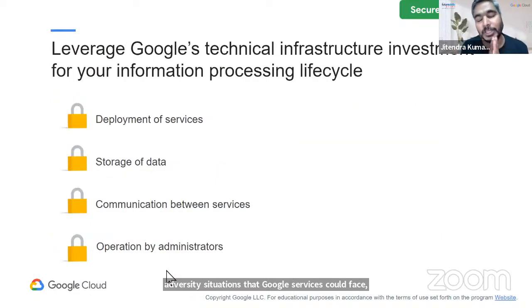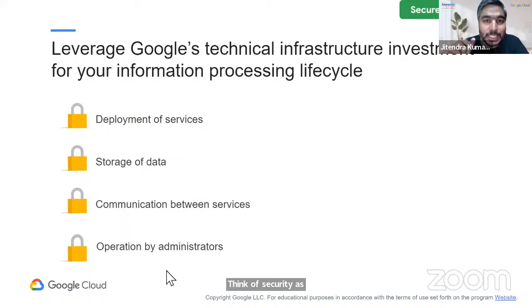So when it comes to security, think about it like this. Security of what, right? Think of each component. Don't think of security as one product that you can go and deploy. Think of security as, hey, when I store my data, it has to be encrypted. So security of data. Now, where is my data? It is not just at the storage layer, right? Data is also in transit. Data is also in memory. So Google gives you the ability to secure your data in all three situations: data in transit, data at rest, and data in memory. You can encrypt your data in all three places, right?